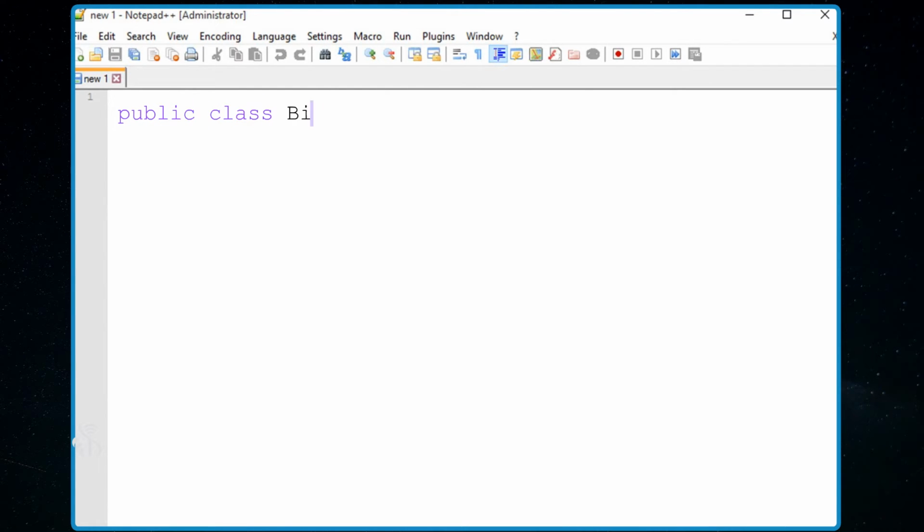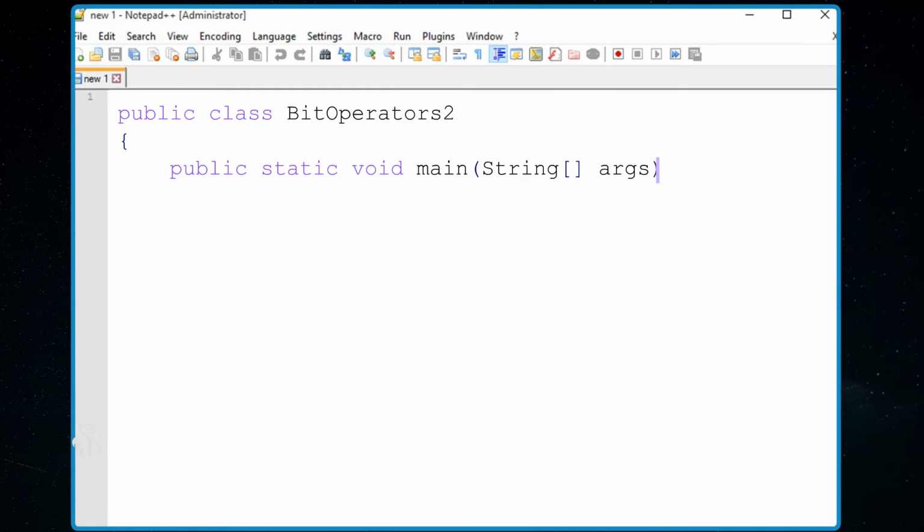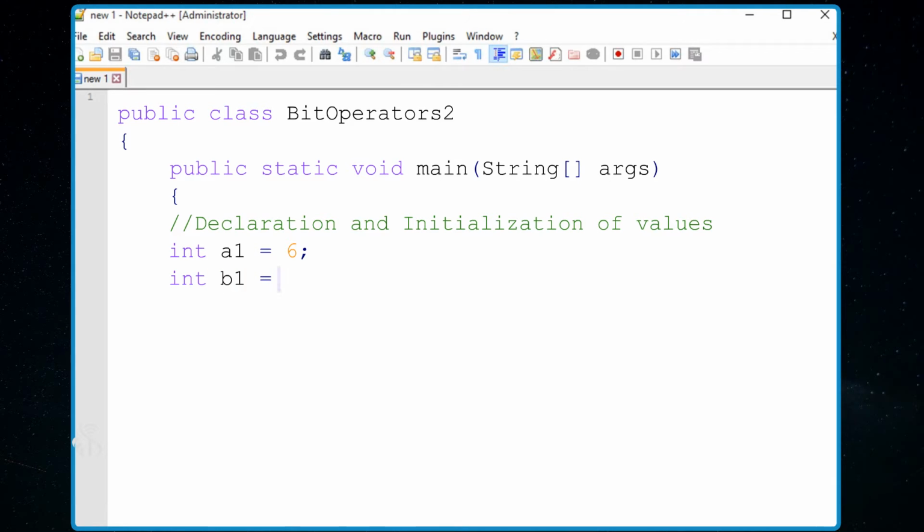Public class bit operators 2, open curly bracket, public static void main, open bracket, string, open close square brackets, arguments, close bracket, open curly bracket, double slash, declaration and initialization of values, integer a1 is equal to 6, semicolon, integer b1 is equal to 8, semicolon, Boolean c1 is equal to a1 less than b1,